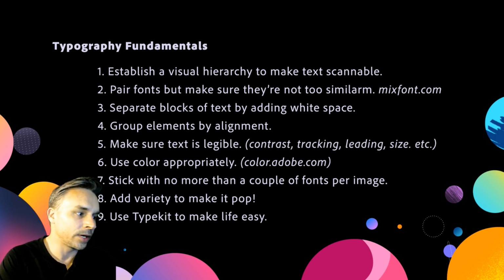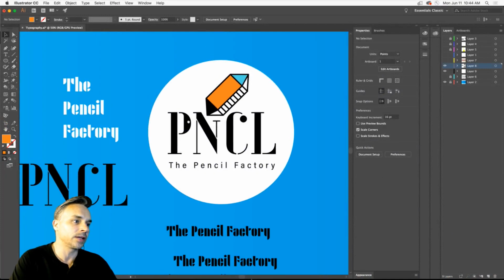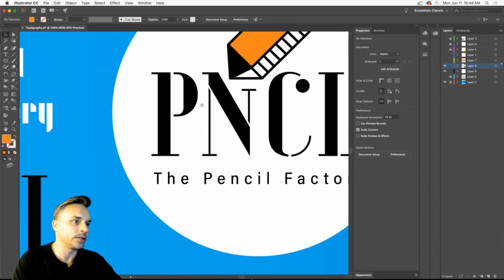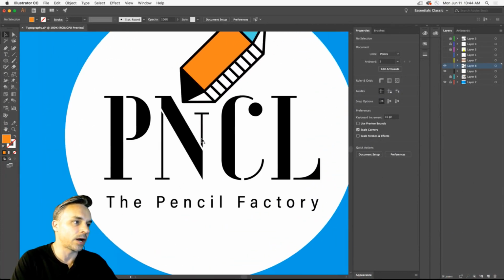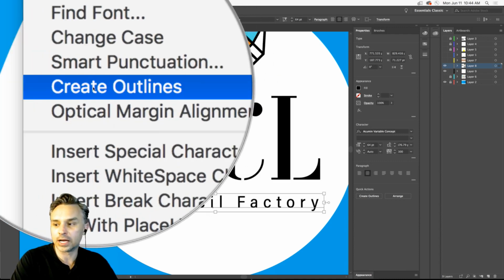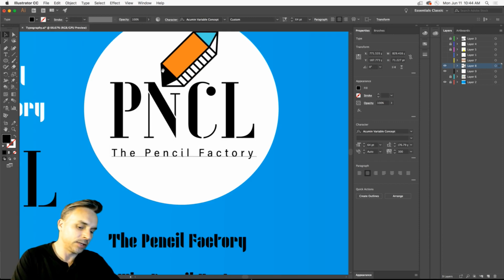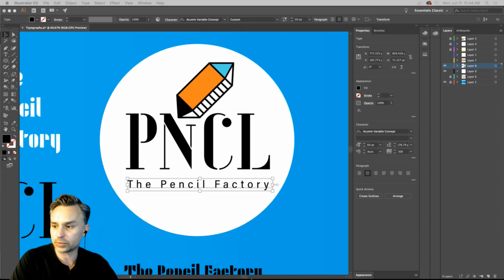It's kind of boring otherwise, because creating a logo isn't just picking a font. That's not what it is. You might use it as a starting point, but here we've added some variety by modifying this font. So if I just select this text, we can go ahead and create outlines and modify that and add some variety to it. And that's even what I'm doing with this color here as well. So let's move on.